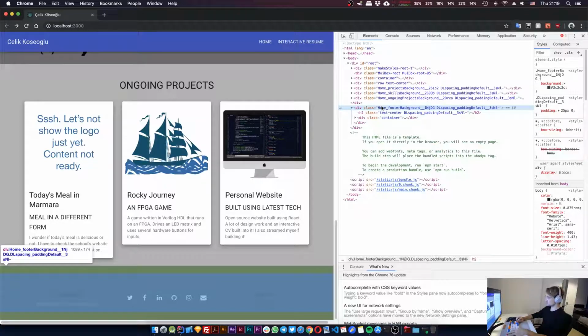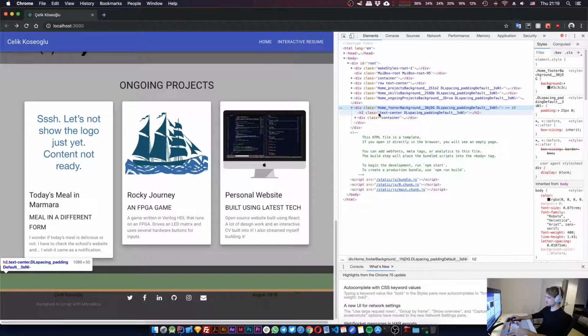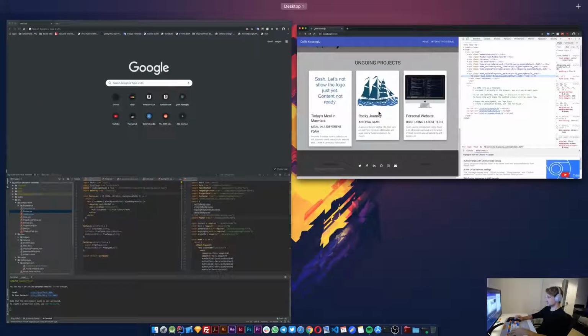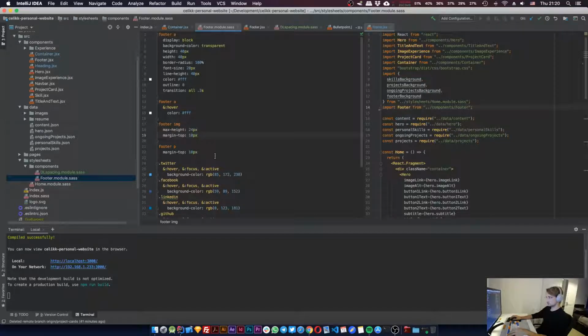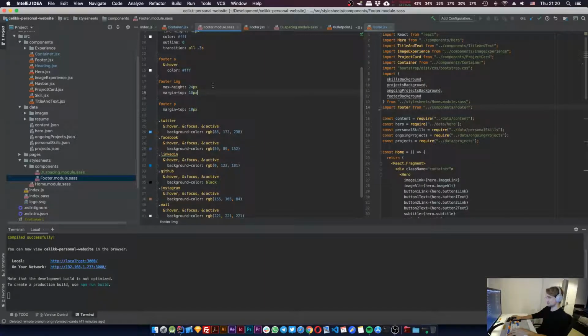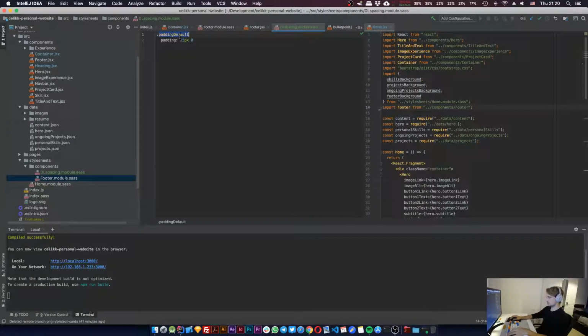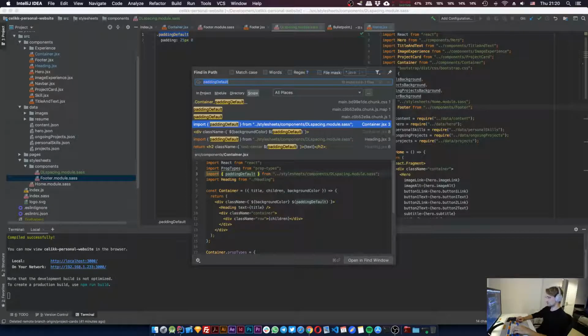Something contains the footer, and that component has some spacing around it, which is very odd. And I don't remember adding anything in here. Huh. No, I haven't changed this. I'm sure I haven't changed this. I wonder if that's the name, padding default. But if that was the case, then